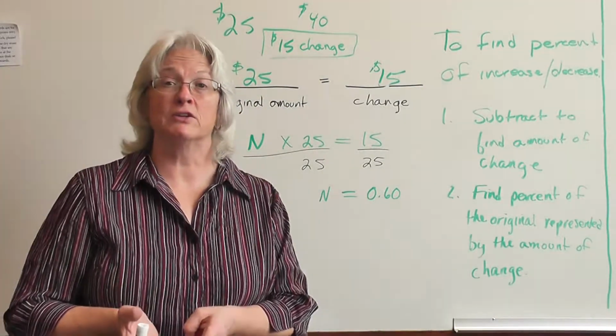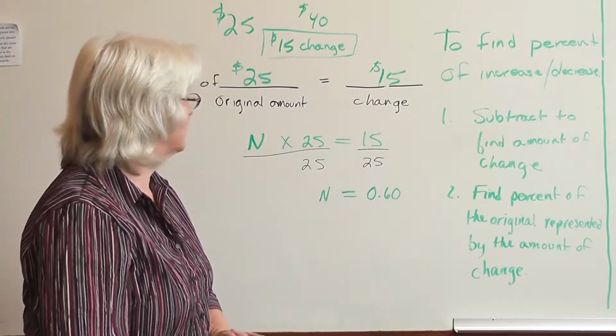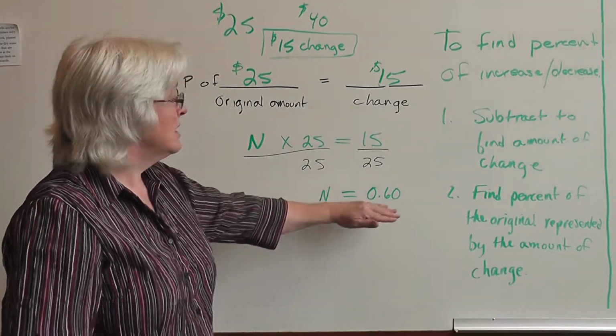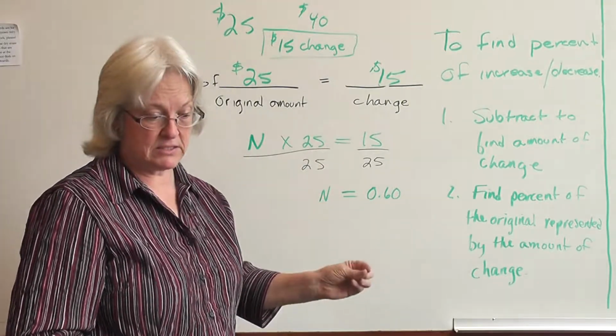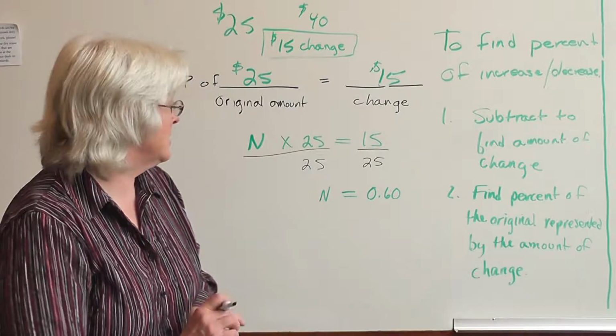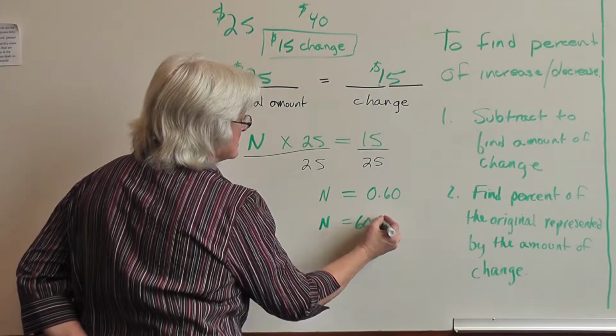And you learned earlier in your involvement with arithmetic and pre-algebra that a percentage can be expressed as a decimal number, that 0.60 is the same as 60%. So what is n? n is 60%